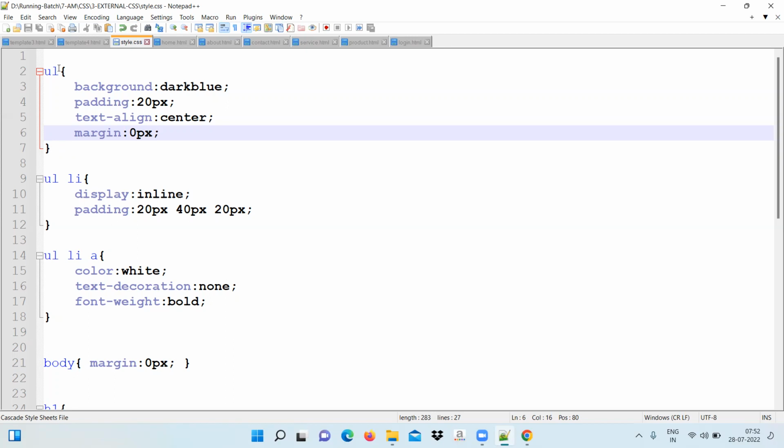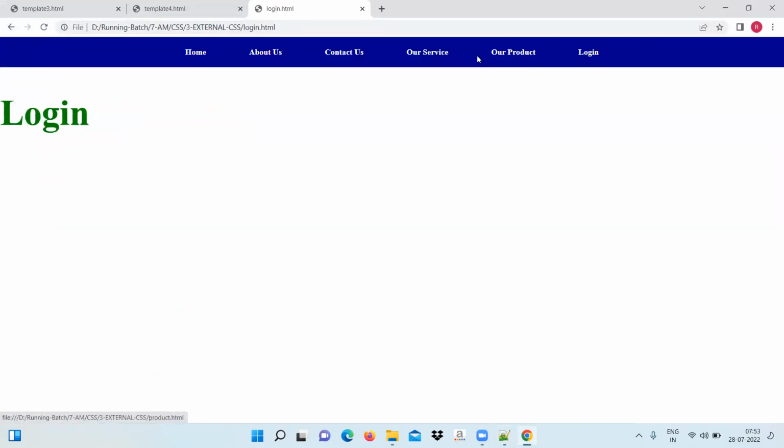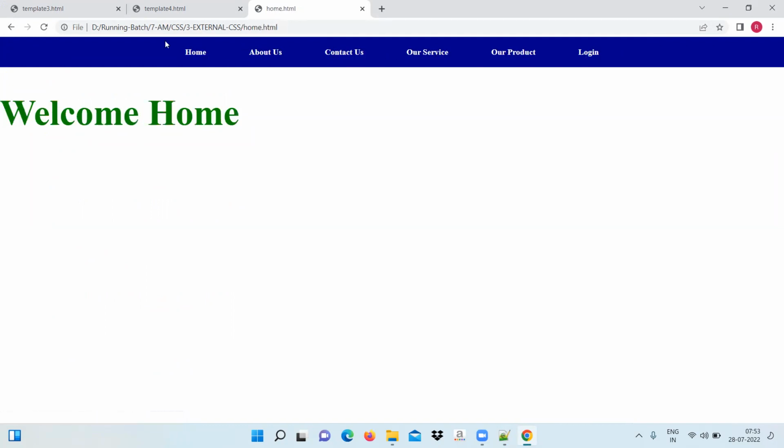Okay, hope it's ready. Check now. The navigation should cover the full width now. Yeah. No gap from any side. Links as usual. Whichever page you go to, the links remain the same. Next, after this,